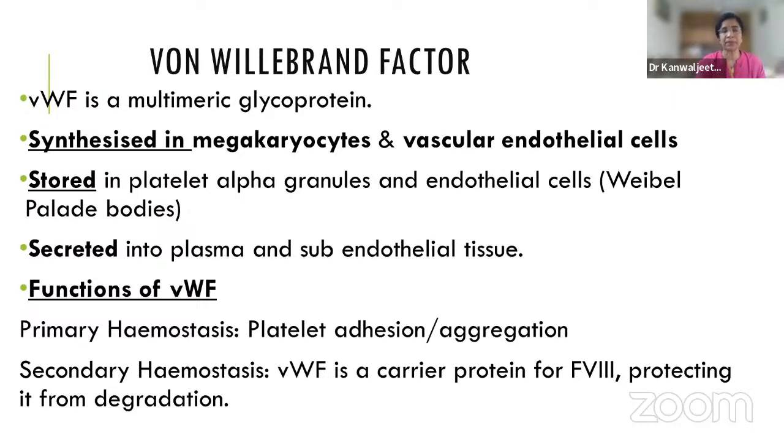Then its functions are important. It has a role in primary hemostasis as well as secondary hemostasis. In primary hemostasis, what it does is it helps in adhesion of the platelets to the endothelium as well as their aggregation among each other. And the first picture I showed you at the beginning, where the platelet clump was forming, is facilitated by von Willebrand factor. In the secondary hemostasis, it is important for factor 8 because it is a binding and protecting factor for factor 8. If von Willebrand factor is deficient in the plasma, the factor 8 level would be low and the patient would be at risk of